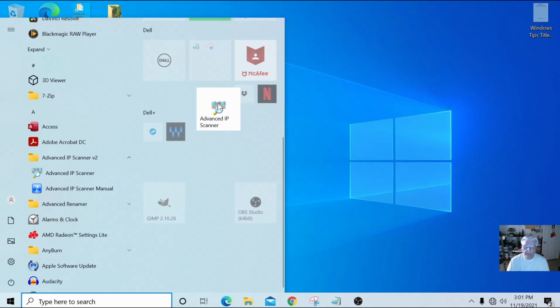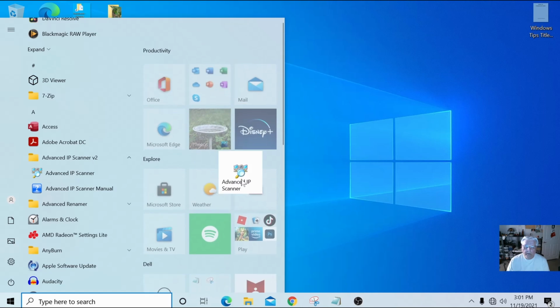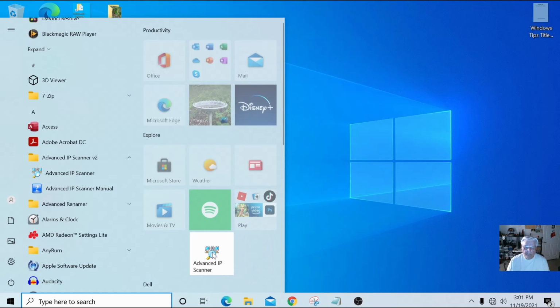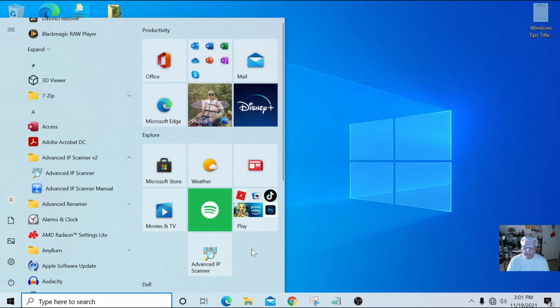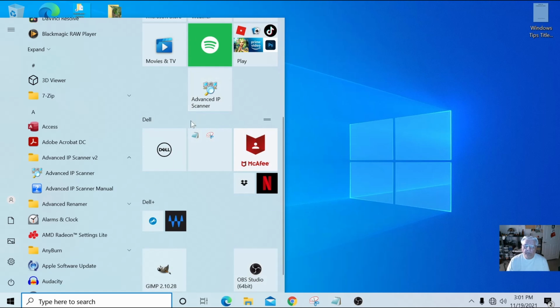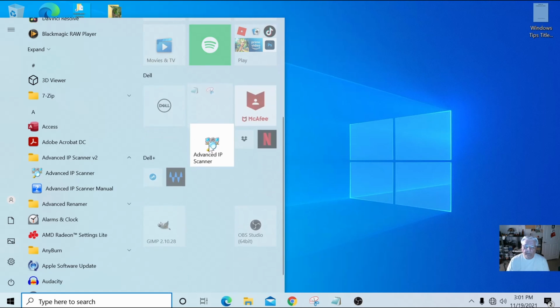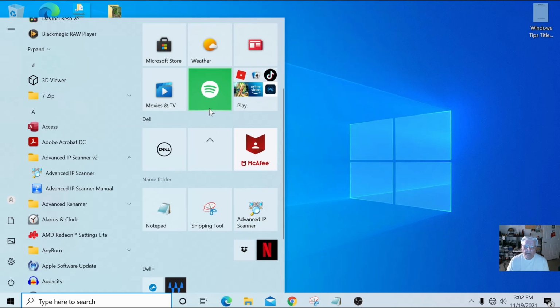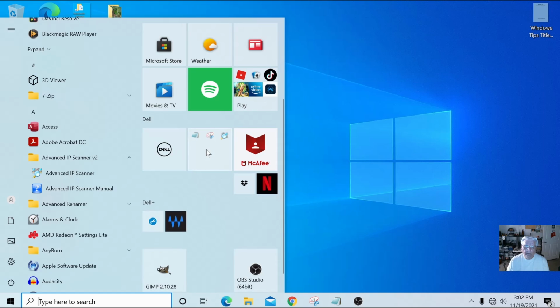I can always move it up to a different spot. If I want it higher, I could group it in with this group here. And you see now I have 3 items. If I click the arrow, it'll put them in their own group. I can also